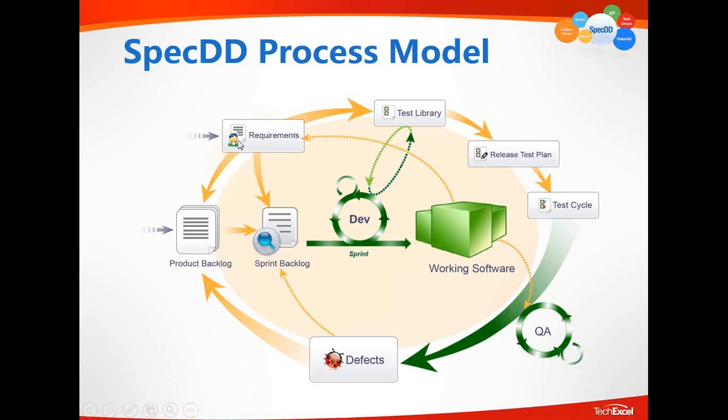It added the requirement as a non-consumable item, unlike the product backlog. Once a product backlog item gets consumed to become working software, it doesn't really stay as an artifact. The requirement stays. There are artifacts created specifically to represent the requirement. And such requirements not only serve the purpose of committing the sprint backlog for development,